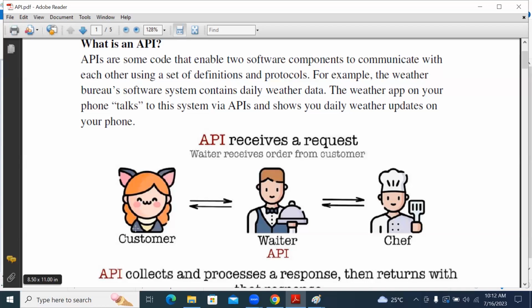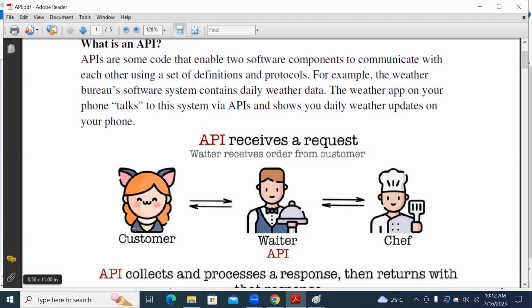That same request the waiter gives to the kitchen platform. In the kitchen you have a chef, who will prepare everything, and then give the response to the waiter. He is not giving the response to the customer. The chef gives the response to the waiter, and that same response the waiter gives to the customer. So that is exactly the API concept.